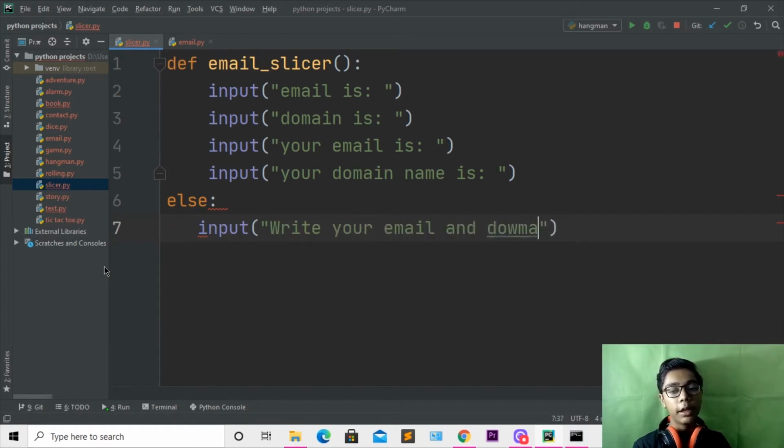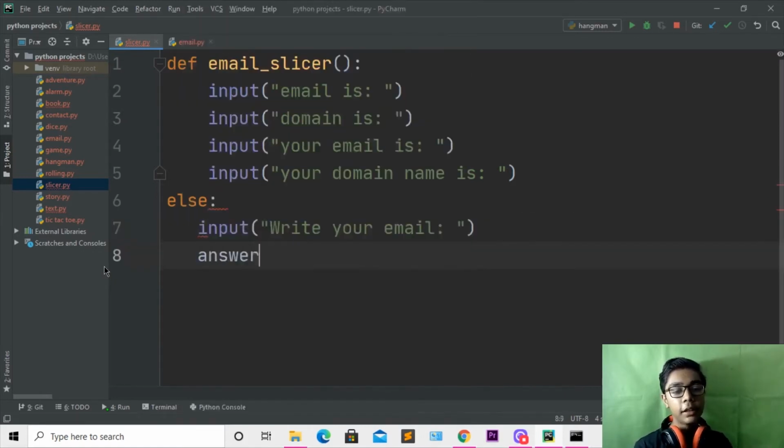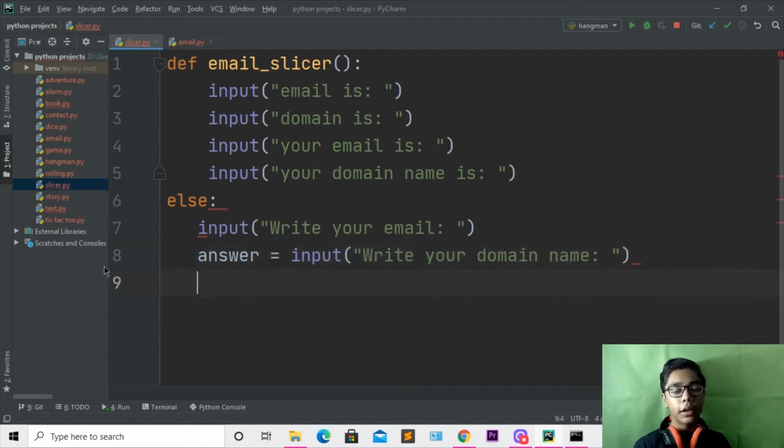So I'll be writing only write your email, come underneath, create answer equal input, and in that I'll be writing write your domain. So here I'll be writing write your domain name. Then you have to write this colon, come underneath, create input. Then here I will be changing this input to